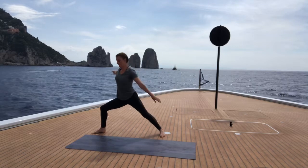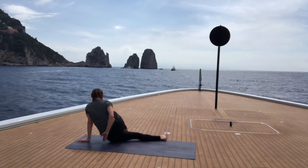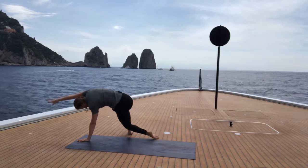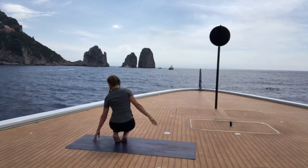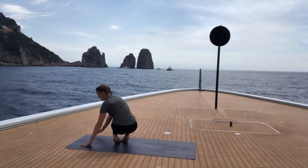goddess pose, continuing the circle, bringing your hand down beside your foot, dropping the hip, sliding the other foot back, then lifting up your hip and stretching out through your arm, bringing your left leg in and then your right, and coming up to sideways seated squat, twisting your body to face the front of the mat, preparing for the